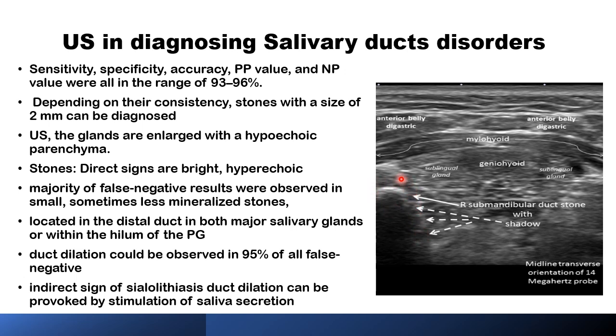This is a stone in the duct of the submandibular gland. But there will also be other information about the gland itself. It is usually hypoechoic in case of a stone in its duct, that can change to slightly hyperechoic after removing the stone. The ducts would be dilated, and if the ducts are not fully dilated, they can be encouraged by some secretagogues like citric acid or lemon juice, and this would show a full dilatation of the duct in case of a stone that is not showing directly.